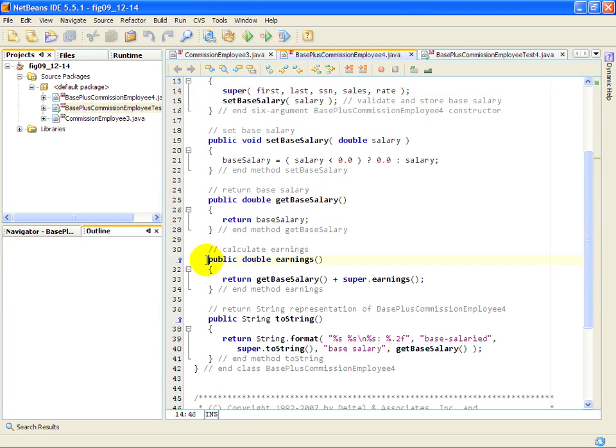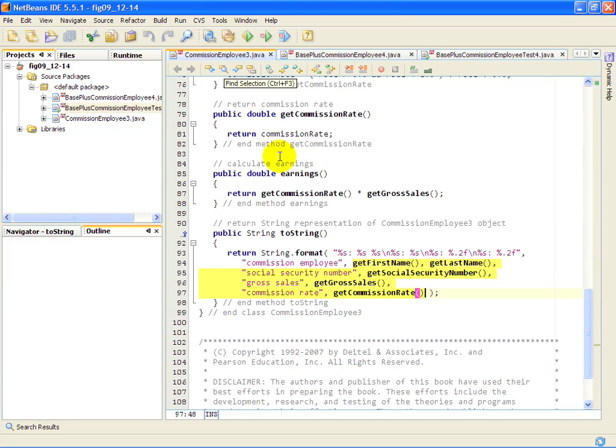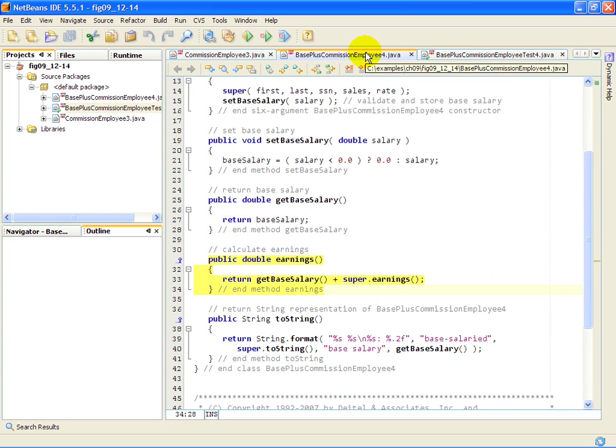But let's take a look at the earnings method, which has another new feature. If you look back at class CommissionEmployee3 and how the earnings method is set up, it calculates commission rate times gross sales for us already. And part of what we need to do in class BasePlusCommissionEmployee4 is exactly that calculation. And then we need to add to that the base salary for the BasePlusCommissionEmployee worker. So we're calling getBaseSalary to get an object of this class's base salary, and we're adding to that